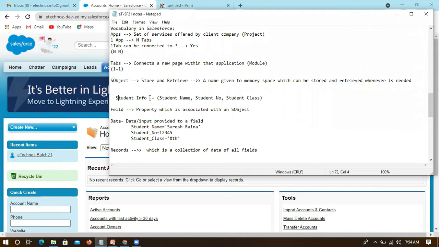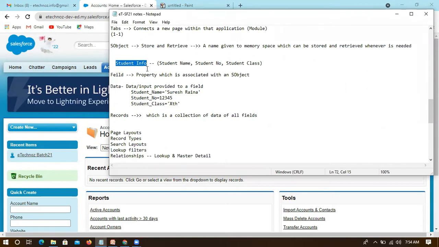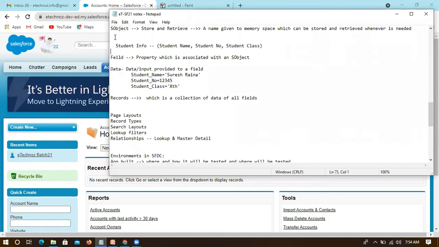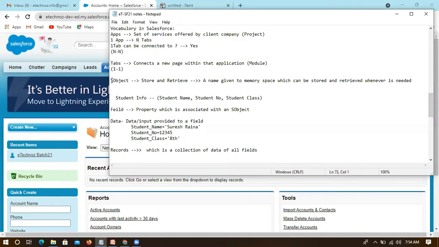And we have seen how the S object will be created and the fields. So if you look at S object and field, here there is an example, student info, and we have student name, student number, student class. So these are all different properties, right?